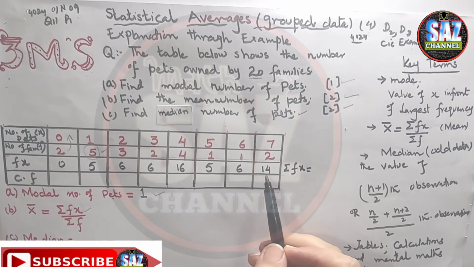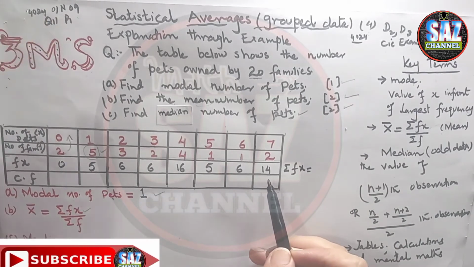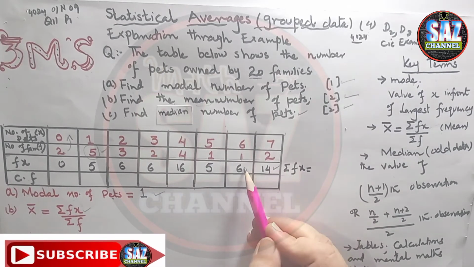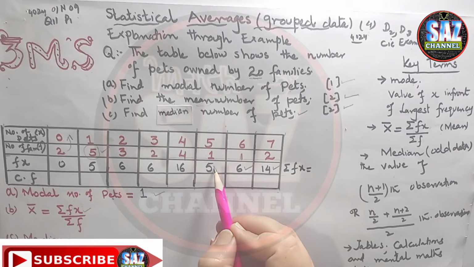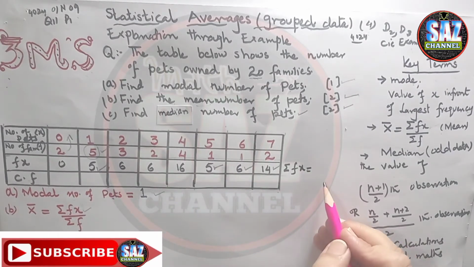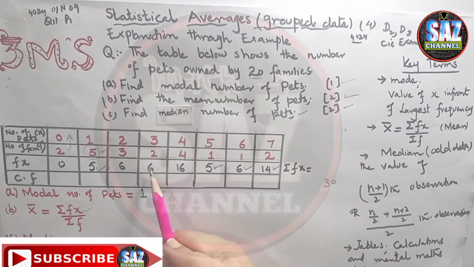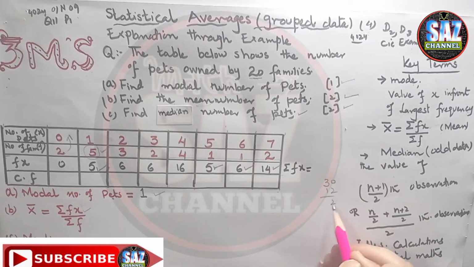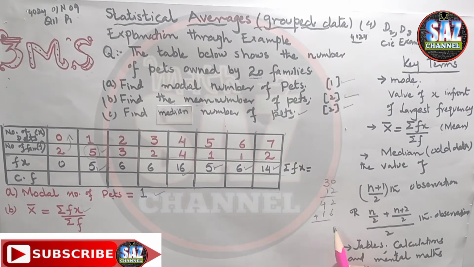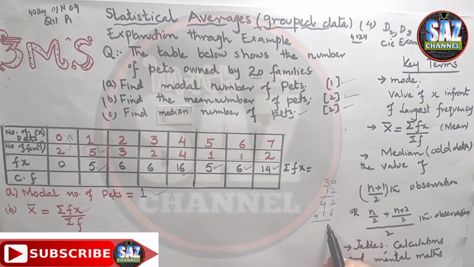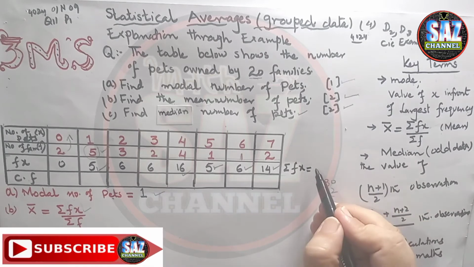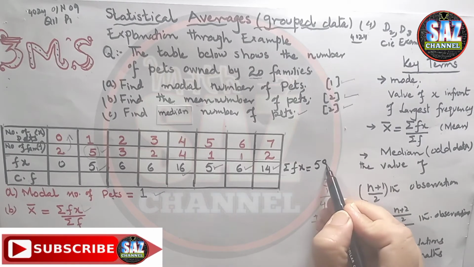That will be 14, as this is a paper 1 question. So you should have the command on the oral calculations. 14 plus 6 is 20, 20 plus 5 is 25, 25 plus 5 is 30, and then what I have to do is 30 plus 12, that is 42, plus 16. Add them up carefully. This is 6 plus 2 is 8 and 4 plus 1 is 5. So the answer for summation of f of x is 58.